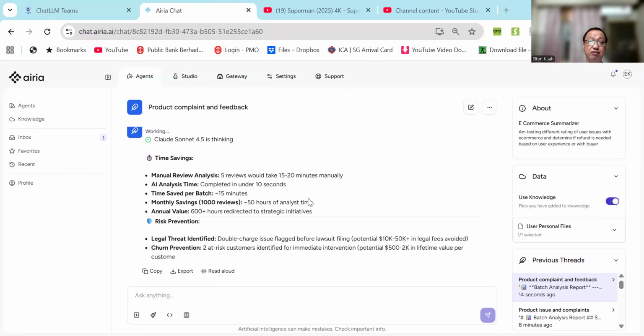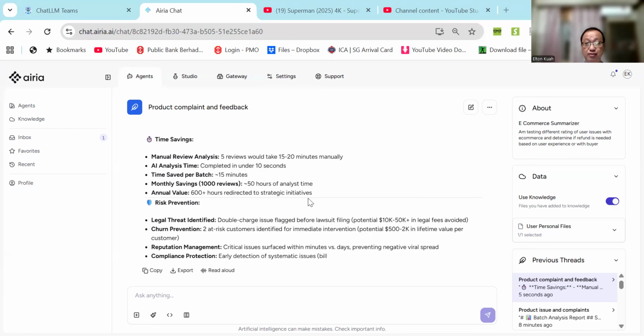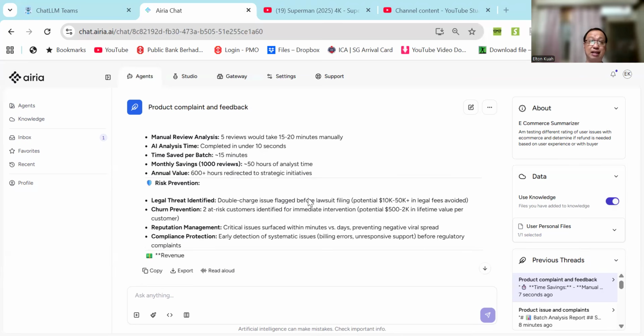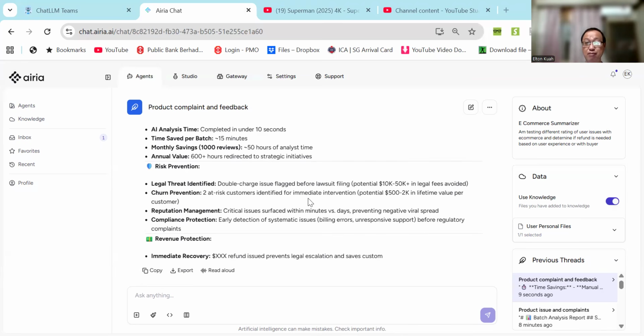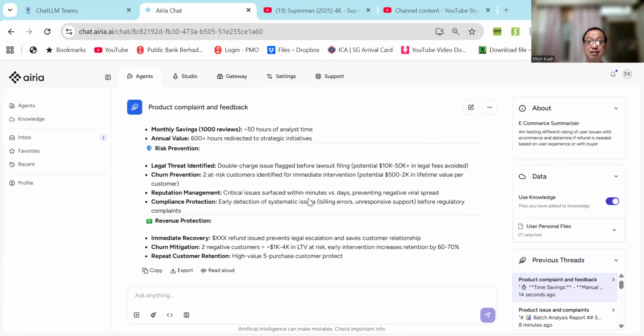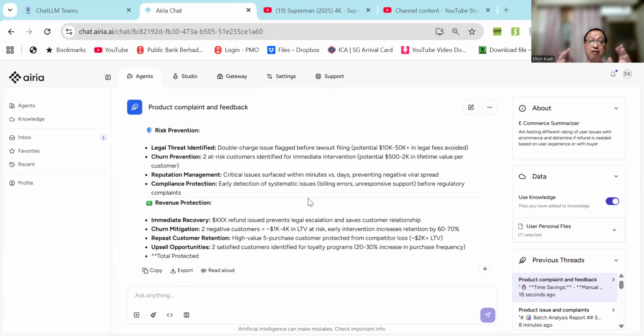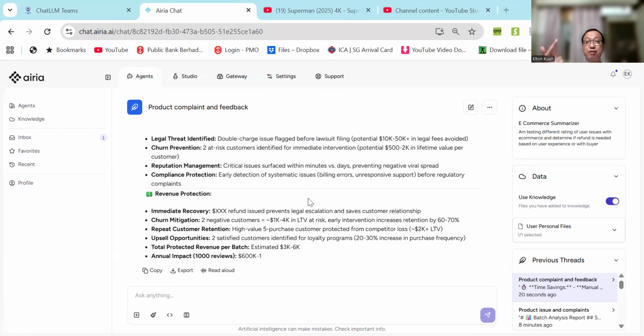So what's the real context of what makes our AI agents different? Firstly, it doesn't just say negative, it says negative with a high urgency reply, and either it works immediately or turns customer feedback into an asset. It creates a revenue stream, prevents crises, and advances growth opportunities, more than just reviewing feedback.